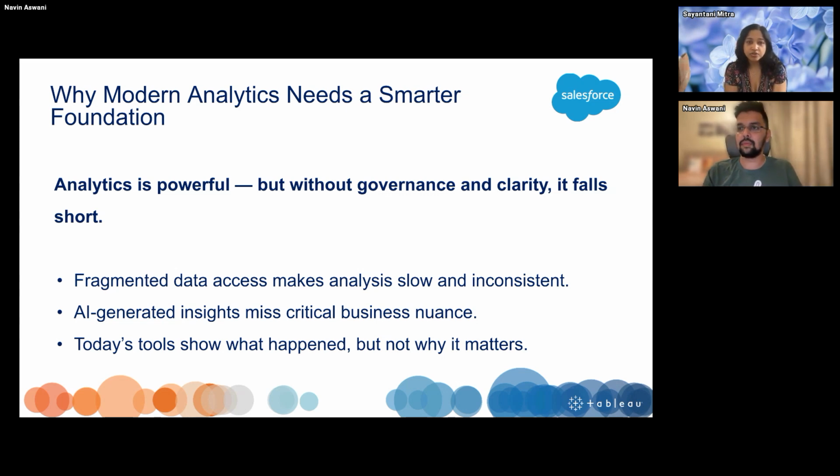You cannot do anything if you don't have proper governance, because you have users who, if you're doing hierarchical management or territory management, some get to see some part of the data and some users don't get to see the rest of the data. So clarity needs to be there. You need to know who gets to see what, who gets to edit what.